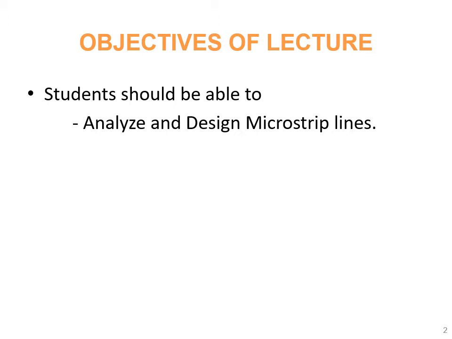So when we want these transmission lines in a planar format, then we have options like microstrip lines. We can have strip lines. We can have coplanar lines. We can have slotted lines. So in that way, we have some planar transmission lines. Out of that, the design and analysis of the strip line we have seen in the last lecture. Now we are moving to the microstrip lines.